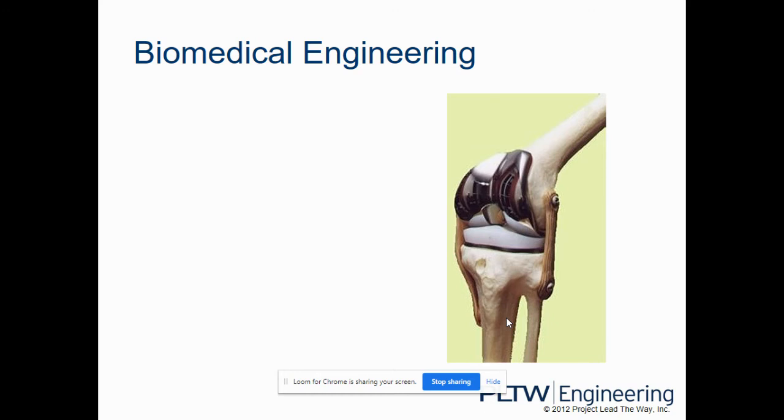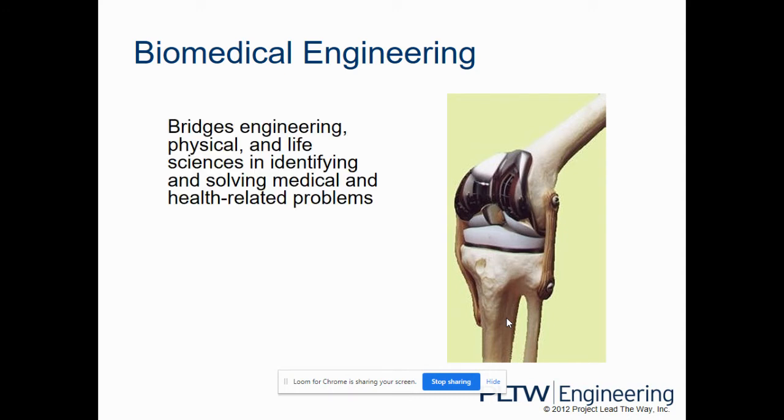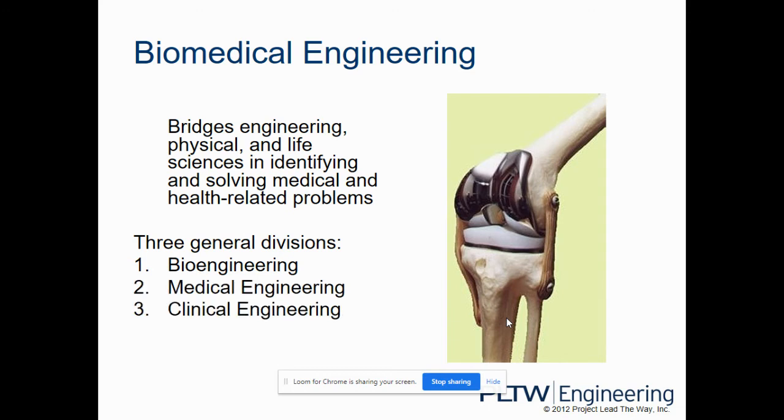Those of us who are looking more and more like we may need artificial parts to replace some of our joints, we hope biomedical engineering does its job. That we have good people designing replacement parts due to health related issues or injuries. And engineering goes into designing them and making sure they operate. So you have to bioengineer it. You've got to make sure it can go into a human body, and then you have to make sure that it stays in there, and fits and continues to work.